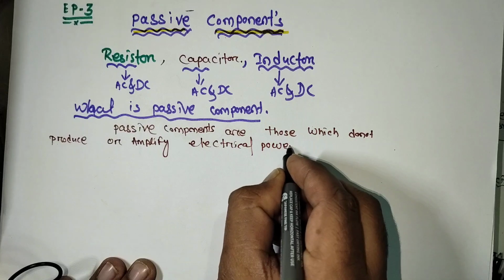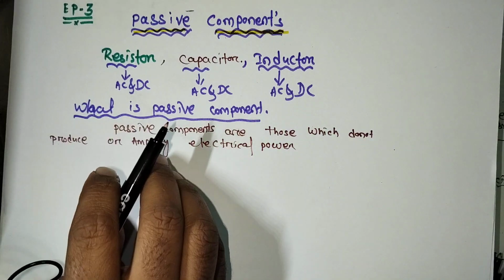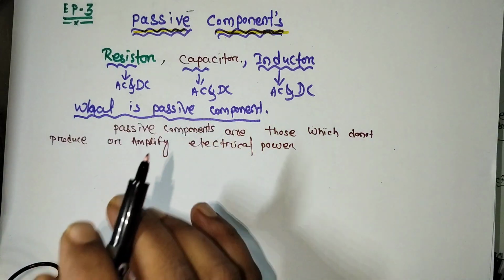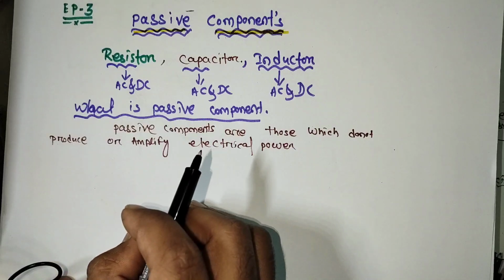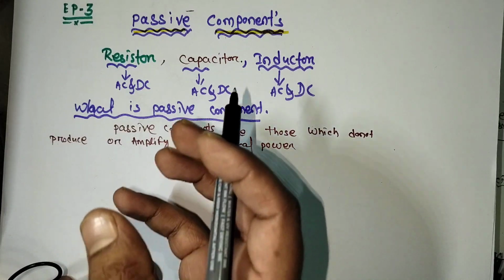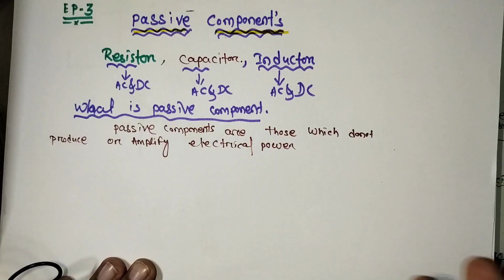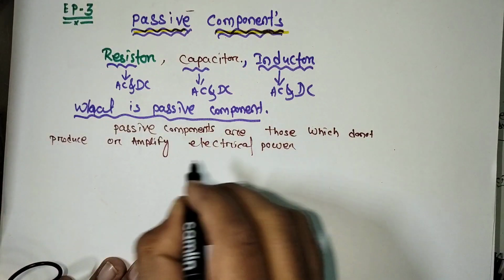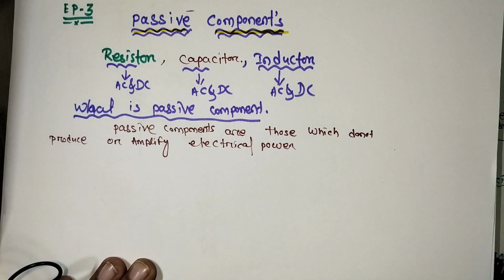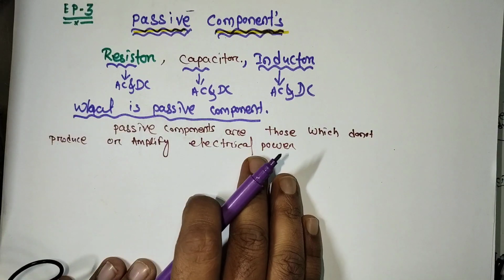If a component does not produce or amplify electric power, it is passive. For an active one, some power is required, like a MOSFET, which requires some external power to activate it. Instead of producing or amplifying electric power, passive components